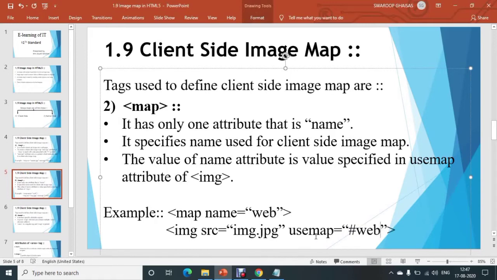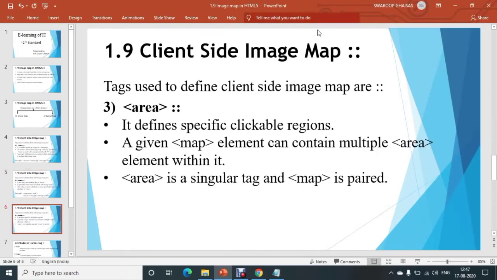That is, the usemap attribute of the img tag contains a value that is the value of the name attribute of a map tag. So these are the respective terms. These two tags are used for a client side image map, and the third tag used is the area tag.